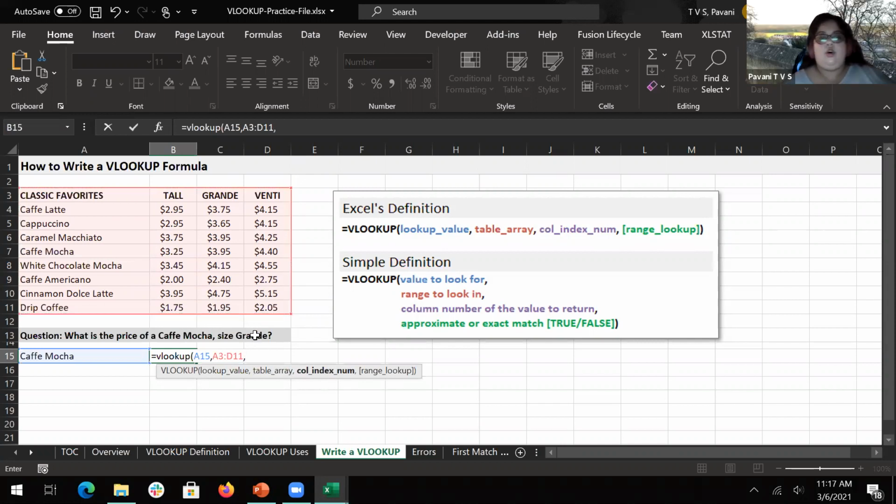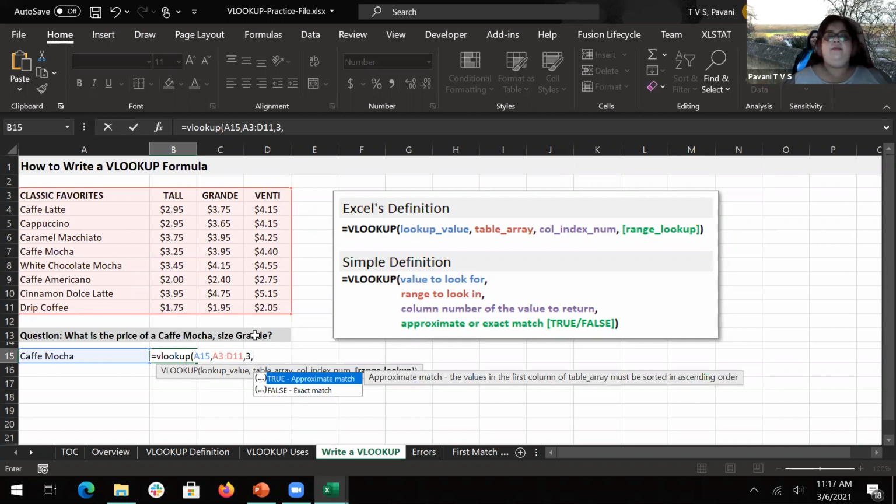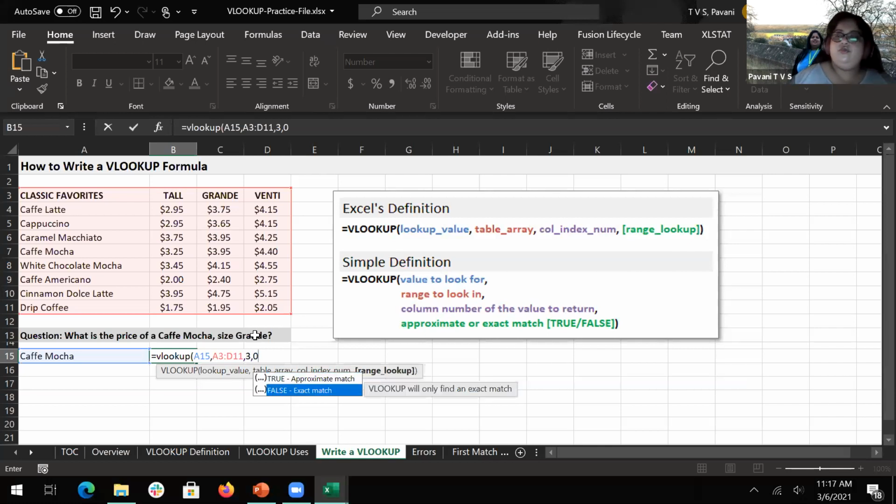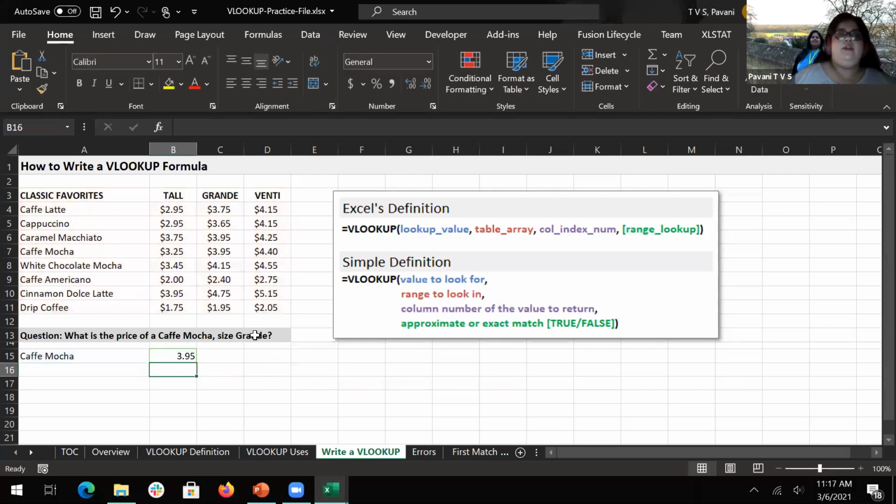So that would be comma 3, and I want an exact match. For that, I'll give it as a 0. 0 is nothing but exact match. 1 means approximate match, or else exact match. 0 is what I want. So I'm going to give 0, click enter, and it gave me a value.